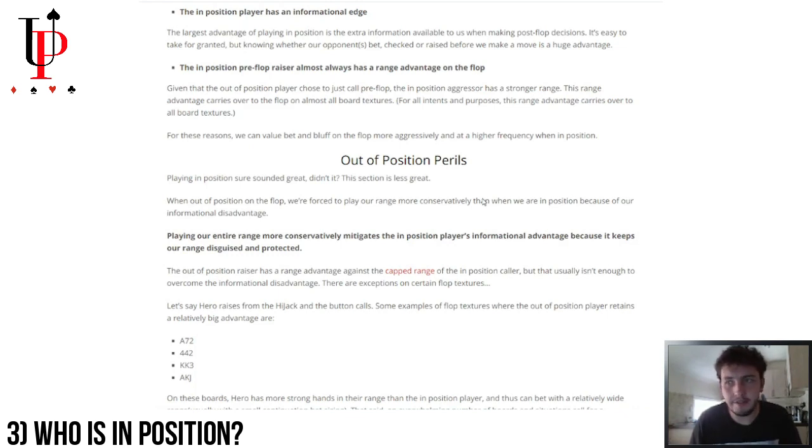Not necessarily a nutted advantage, in fact, but more so a range advantage. For example, MP and cutoff versus button. In a single raise pot, particularly cutoff, where the cutoff opening range is something like 29%, and the button's calling range is something like 5.8, 5.9%. The cutoff is going to miss so much that the button's really small range does a lot better on a lot of different textures, and therefore our strategy is defined by that, and we can use the Poker Ranger tool